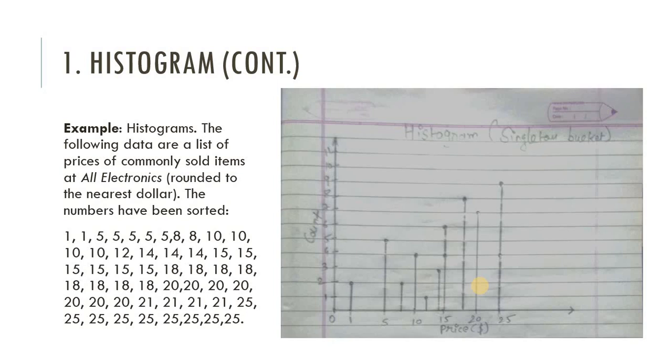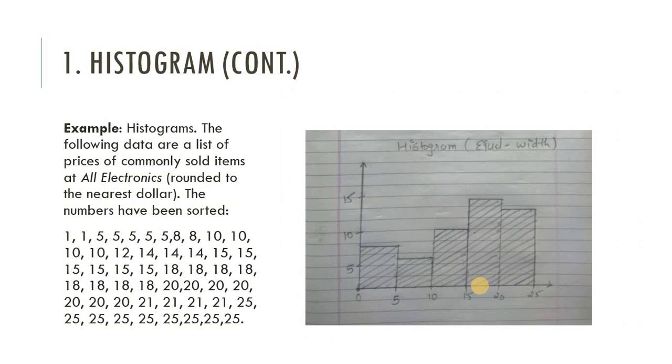So the histogram is a very important data representation. This same histogram can be done with the equiwidth method. So this is a histogram with equal widths. Here we are creating intervals, here is the price and here is the count. We are choosing equal intervals like 0 to 5, 5 to 10, 10 to 15, 15 to 20, 20 to 25. Same with the count, we are also choosing intervals, 0 to 5, 5 to 10, 10 to 15, up to many. So after creating the axes, now we start creating our histogram.